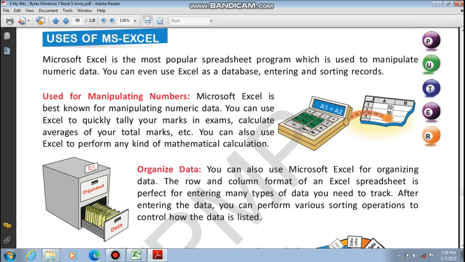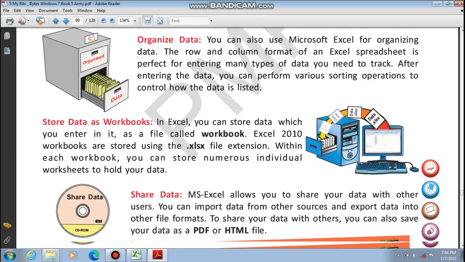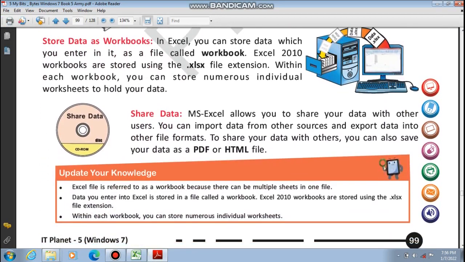After this, the next is store data as workbook. In Excel you can store the data which you enter in it as a file called workbook. Excel 2012 workbooks are stored using the .xlsx file extension. Within each workbook you can store numerous individual worksheets to hold your data.